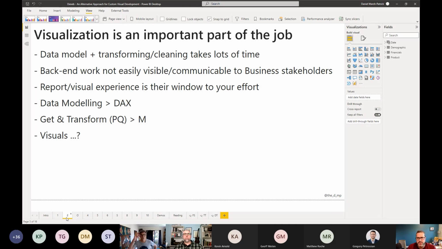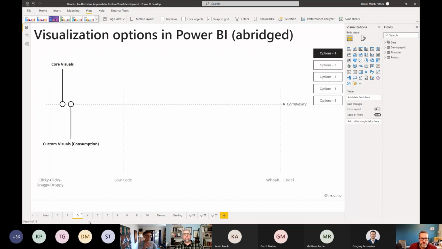We don't really have a language that's similar. We sort of do, which leads us to this little page here. This is something I like to throw up every now and again, and this is a very simple view. There's a lot more out there than what I'm going to show you, but in terms of how you may